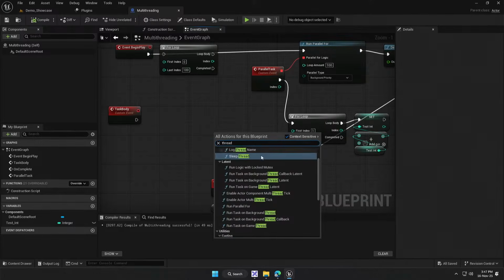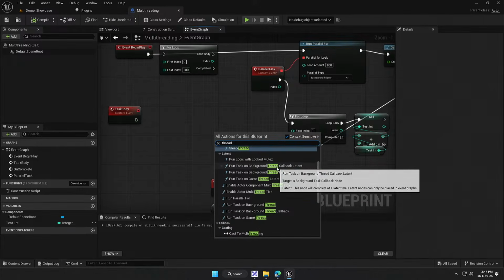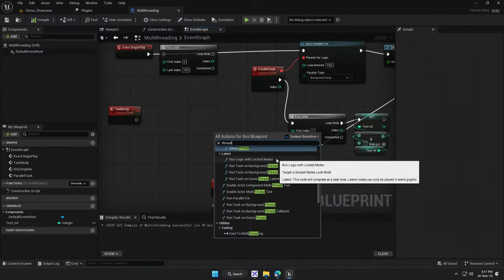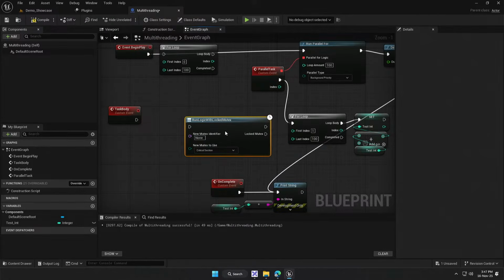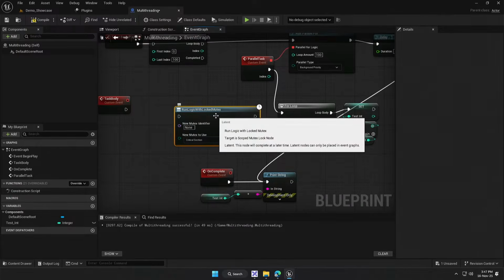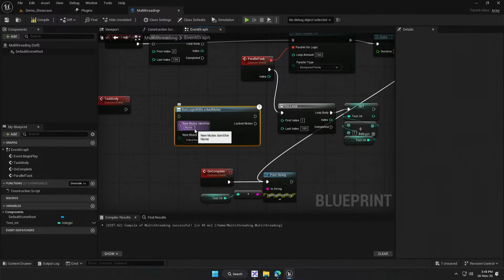So let's do thread. I think we can start covering a bit more complicated stuff like mutexes. So let's go over that. A mutex is basically like a developer-made group where you say, okay, this group can only touch these types of variables, and then we're going to enforce it and say that nobody else can touch it while this other task is touching it, if that makes sense. So if you're running multiple background threads and they're all trying to touch the same mutex group,